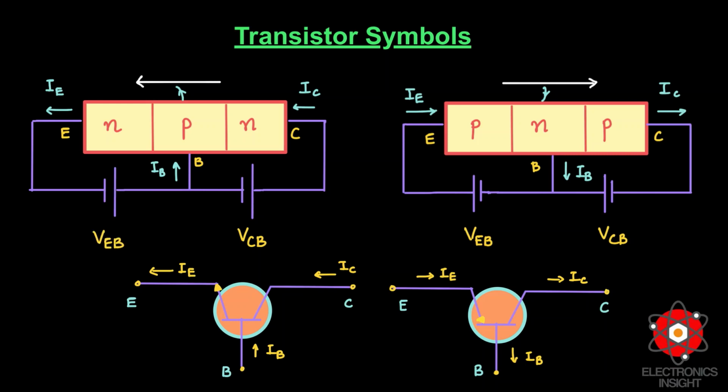whereas for the collector-base junction, you can see here the p-type is connected to the negative terminal of the battery and the n-type is connected to the positive terminal of the battery. So the collector-base junction is reverse biased, and if for a moment you ignore the presence of the emitter-base junction, then practically no current would flow in the collector circuit because of the reverse-biased junction. However, if the emitter-base junction is also present, then the forward bias on it causes the emitter